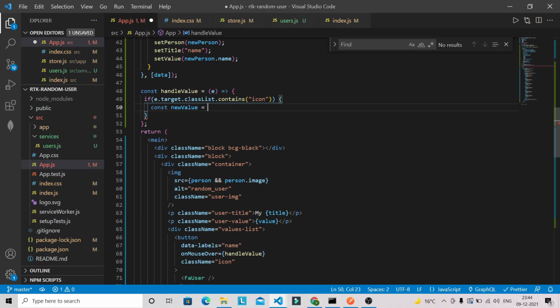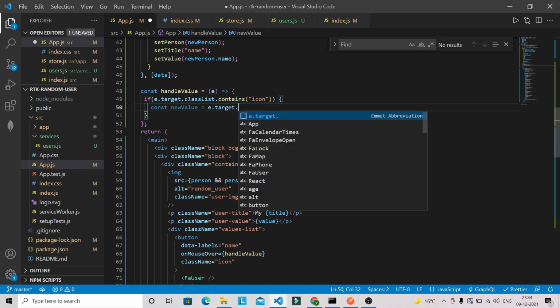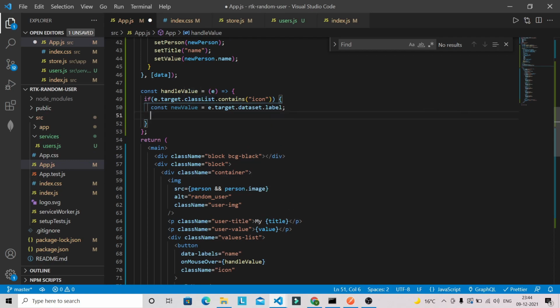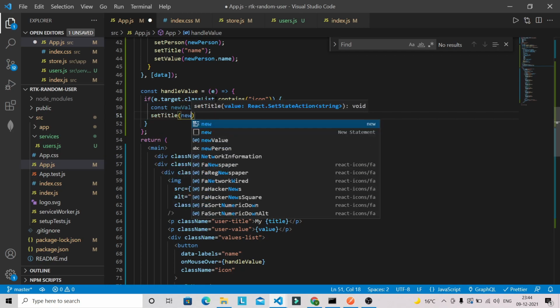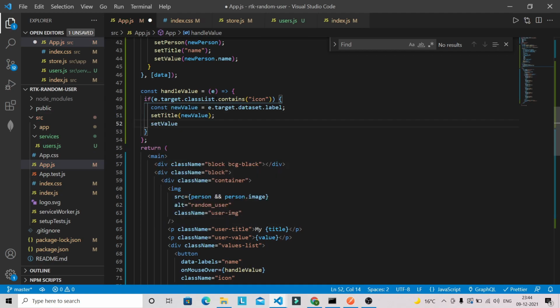So every time you hover, the details will get changed. So we have to target e.target.dataset.label, and let's set the title to newValue and set the value to person.newValue.